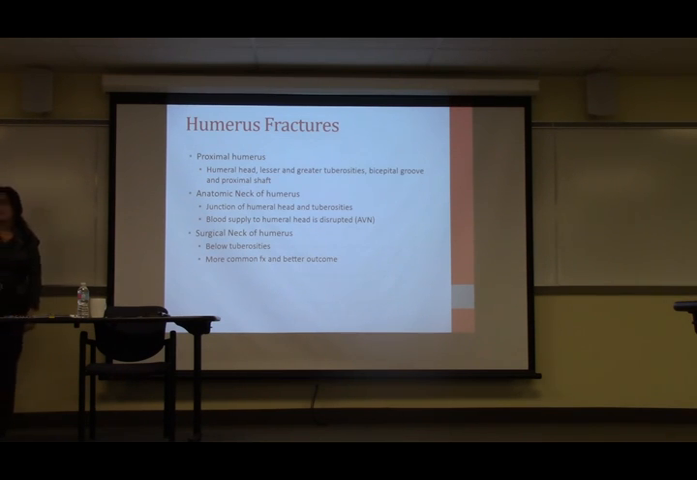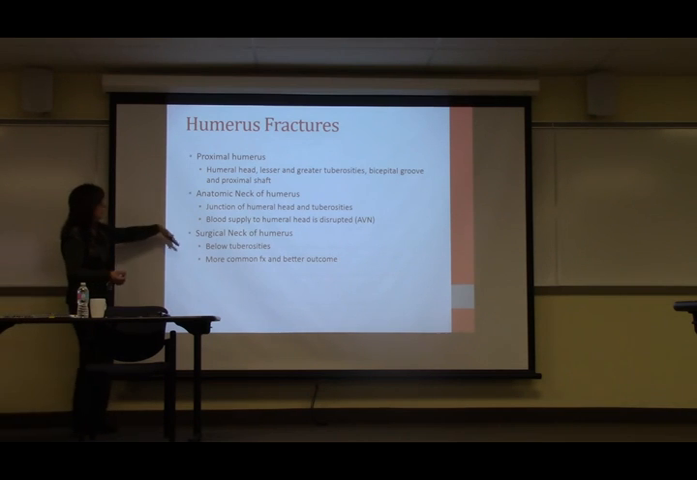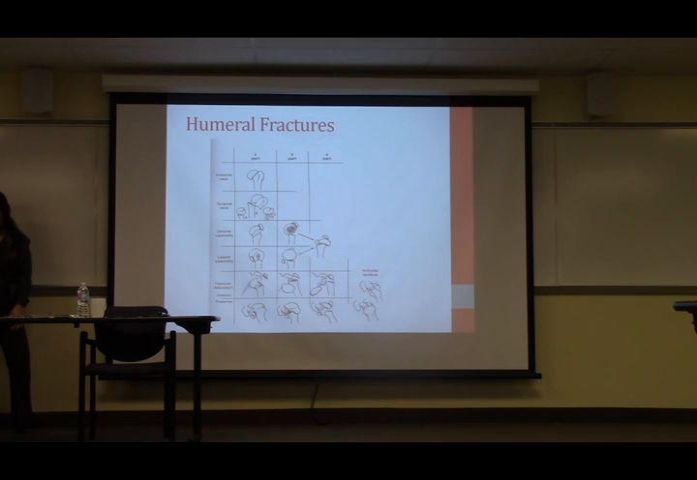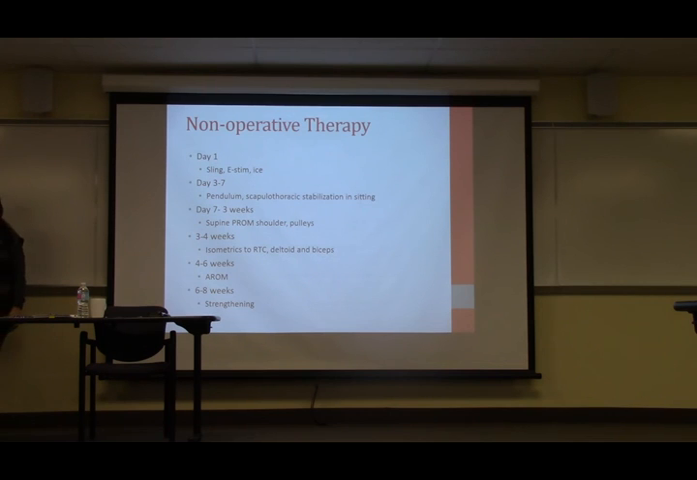Okay, so when you break your humerus, it can happen in different areas, right? The neck of the humerus, the proximal humerus, lots of different areas. And then I have some photos here which show all the different possible ways you can fracture your humerus. The options are endless, right? Of different ways that the fracture can occur. But in general,